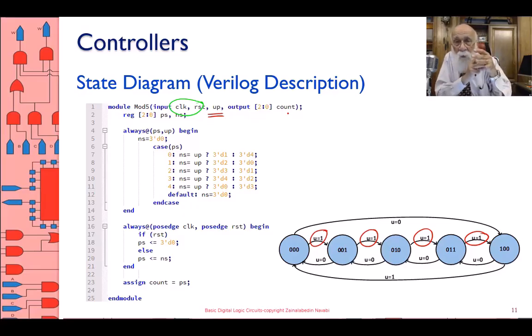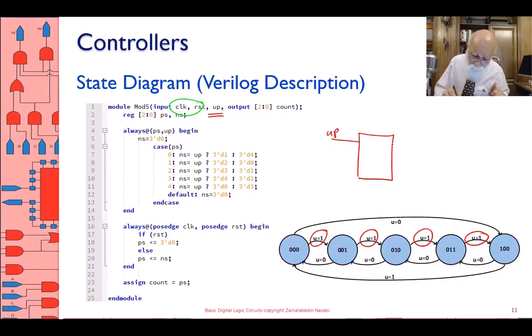You write an always statement to define the transitions exactly according to the transitions of the state diagram. Except that when you're doing this, you think that eventually this circuit becomes a combinational circuit, a combinational part with an input up and the count output, and this